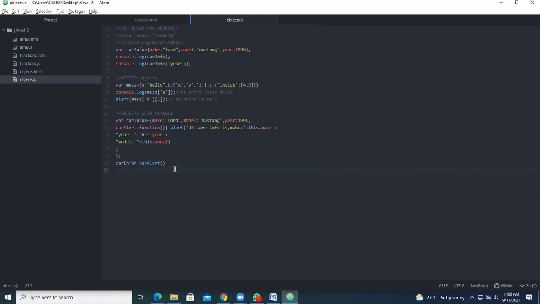So finally, objects with the methods. So have you understood up to here? Yes. Reply me, have you understood up to here? Okay.